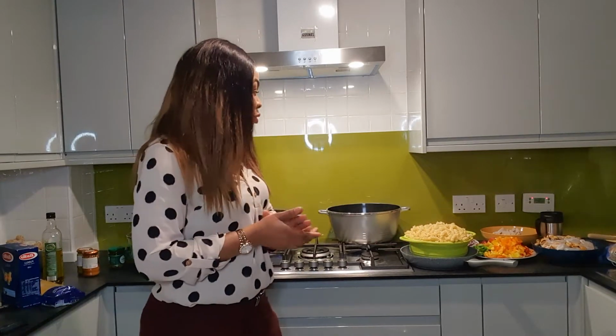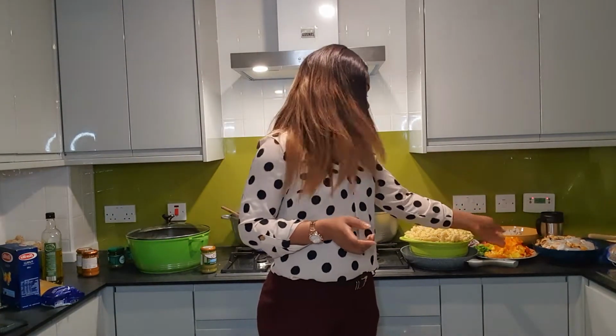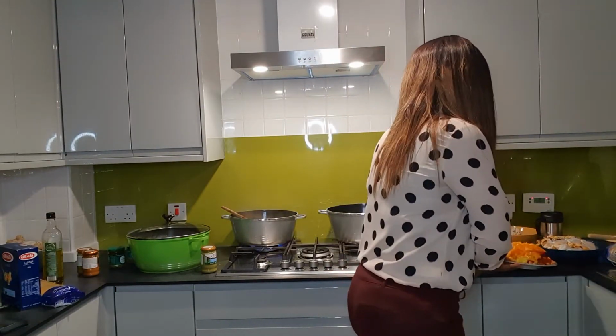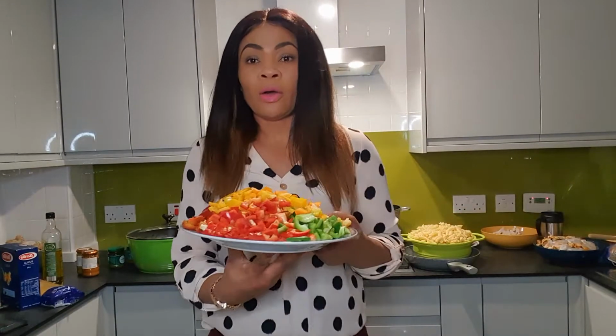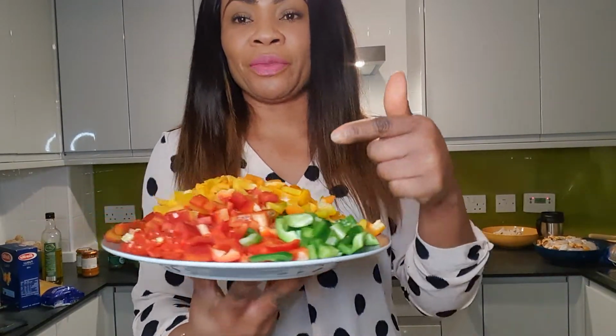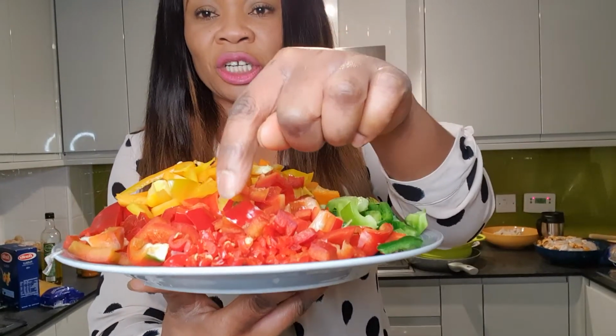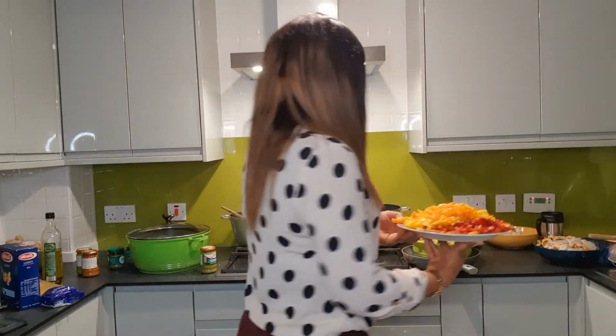Okay, so I have all my ingredients here. This is green pepper and yellow one, and also the red one. Okay, this is my green pepper, this is the yellow one, and this is the red one. Just a tiny bit here, that's the chili. I've just diced it up. And also